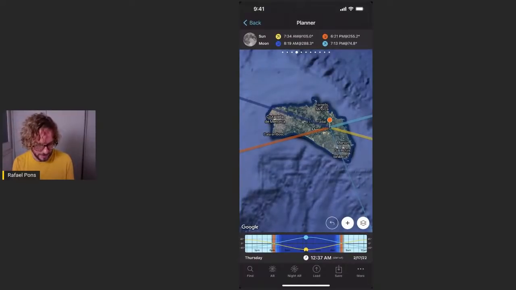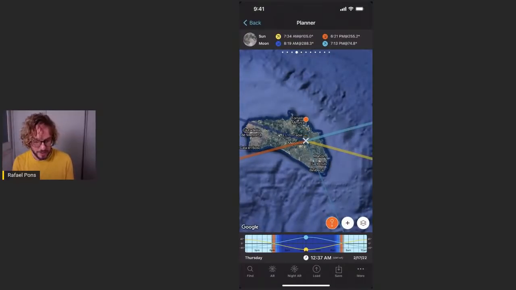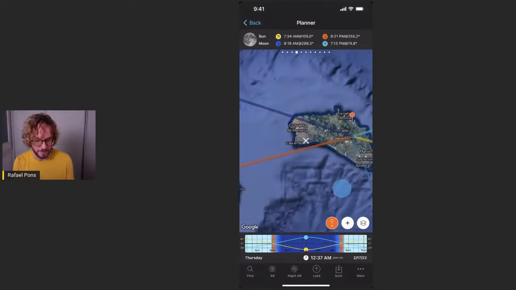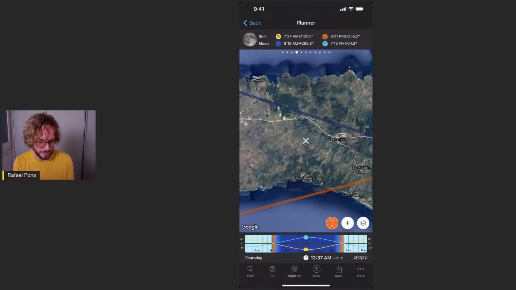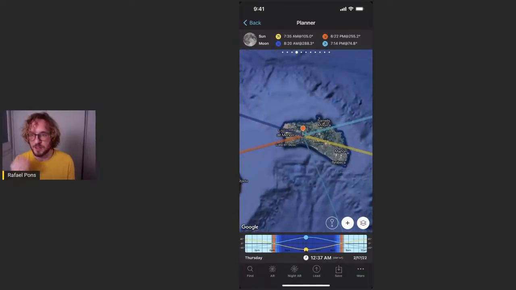There is another way to move the red pin. Tap on the plus again and tap on the second button. And here you can place the cross you see on the map in a place, and when you tap the cross, the red pin will be placed right where the cross was. Great. There is another cool option hidden in the plus button,